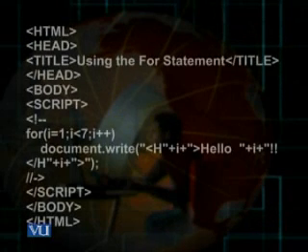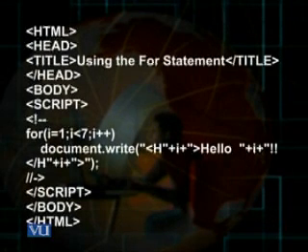You may notice there is the HTML tag, then the head tag, then the body tag. In the script tag, I use the keyword for, because I have to use this keyword in order to create a for loop. Then within the small brackets, I type 3 statements. I is equal to 1, then there is a semicolon, then I less than 7, then there is a semicolon, I plus plus, and I close this small bracket. This is a part of the syntax for a for loop. You have to write these 3 statements.